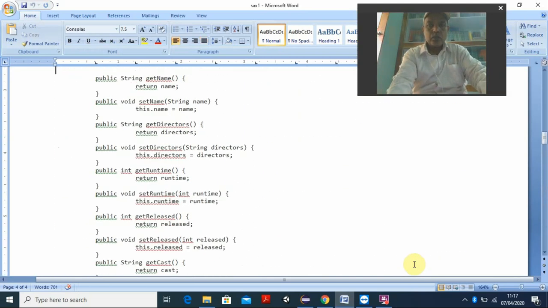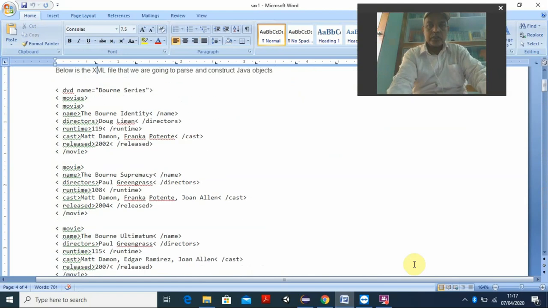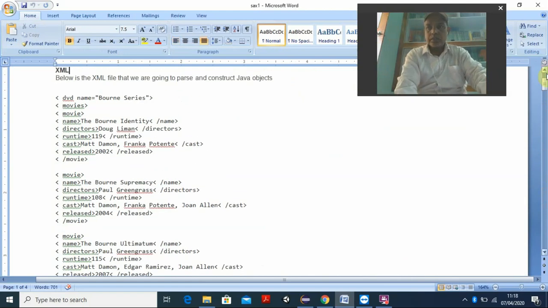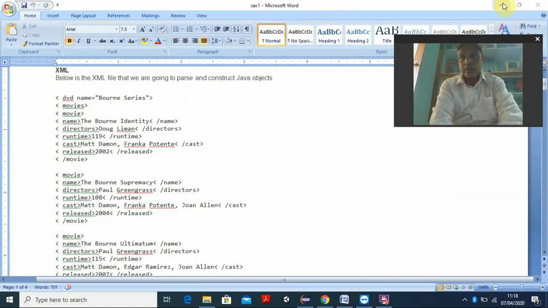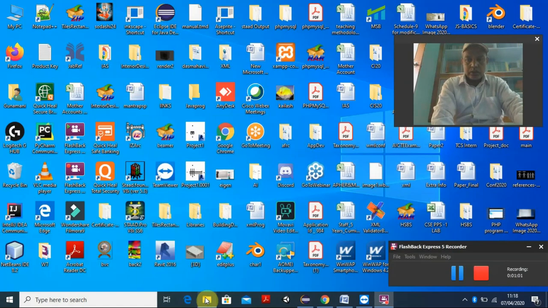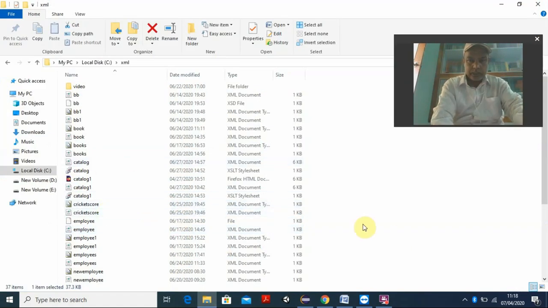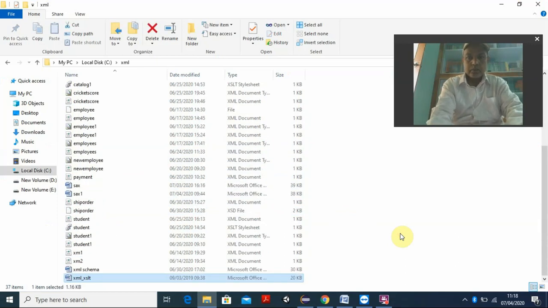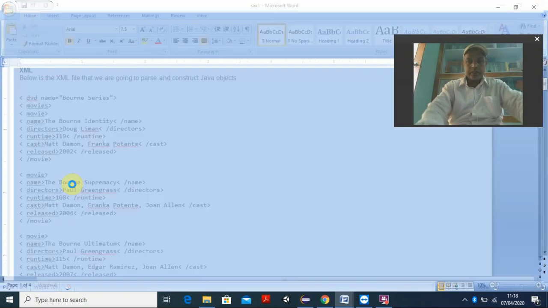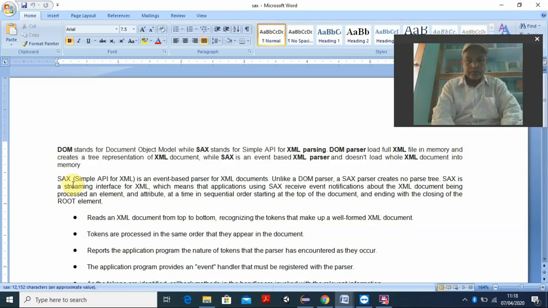It is mainly focused, as I told you, on the advanced learner, but it is part of the syllabus, and everybody has to go through this one. Now we discuss in detail about this SAX parser. So now I open the basics, or the fundamentals, of SAX. You see here, SAX is a Simple API for XML. SAX is a simple API, application program interface, for XML.